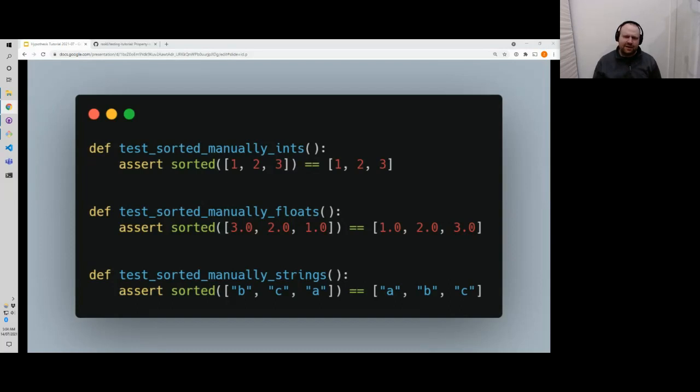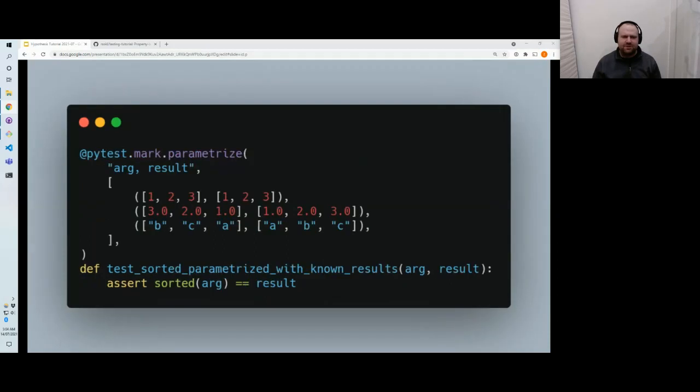We test that if we sort a list which is already sorted, it remains sorted. That if we sort a list which is reversed and maybe of a different type, then we get the sorted list back and it's the correct type, so we're not messing with the numerics. And we can also sort unordered lists of strings, which confirms that our sorting routine doesn't just work for numbers. So far, so good. But if we want to not repeat ourselves, then we might want to use a parametrized